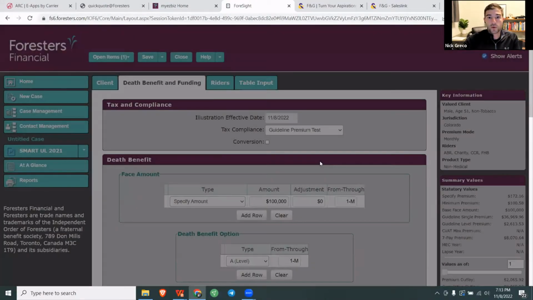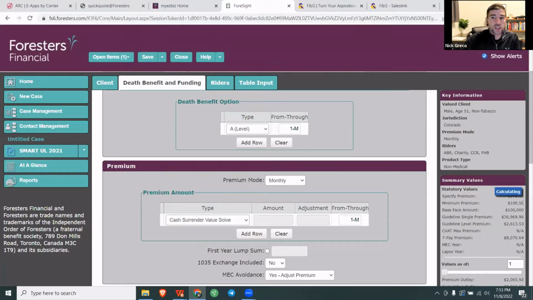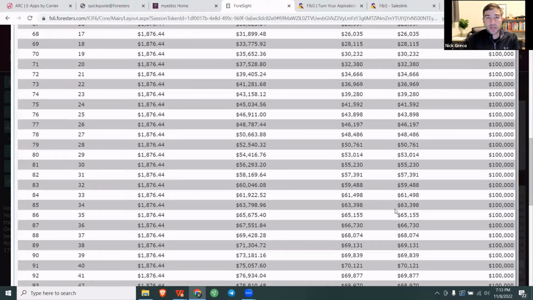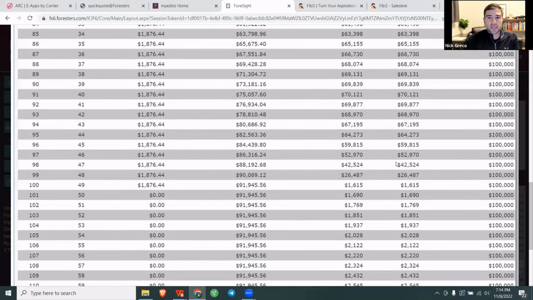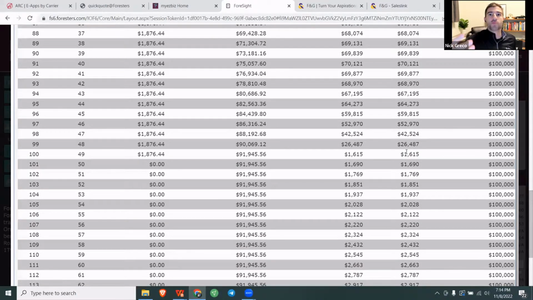Now, if we were to go look at the cash value surrender solve, this other one, the cheaper one, if you look at this one, it is going to design the policy in such a way that Bob is still going to get some cash value growth inside of this policy. But when he gets to be age 100, it's barely alive. Okay. But he makes it to 121 the way that we're illustrating this, and Foresters has more of a guarantee